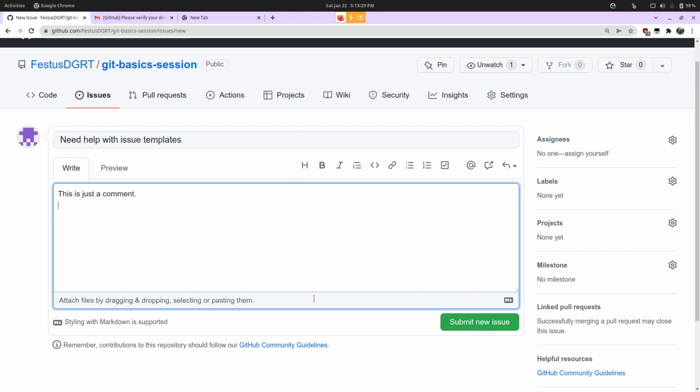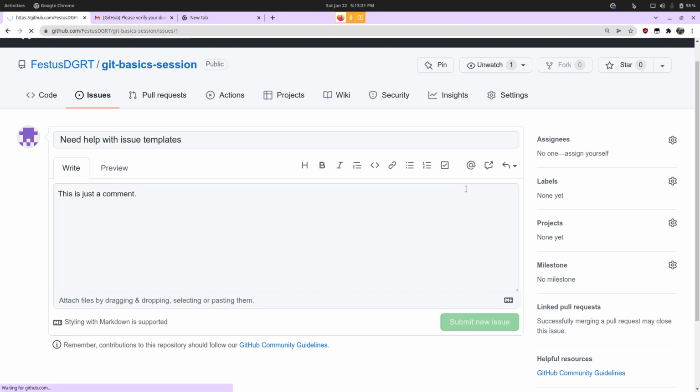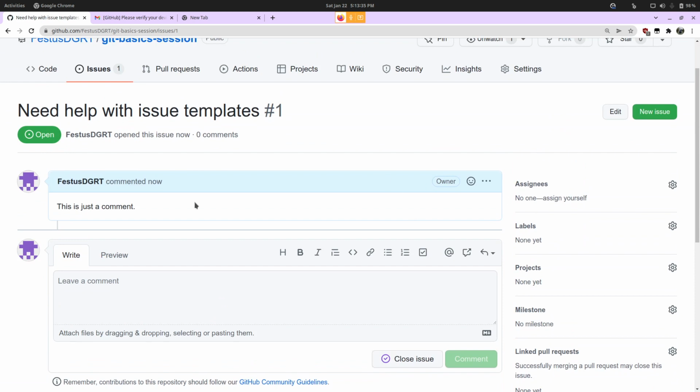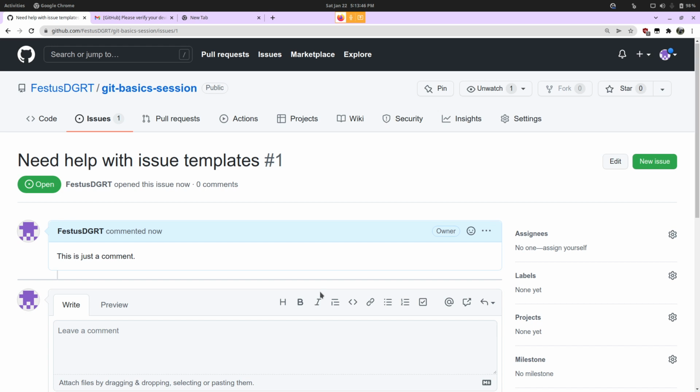Once you have filled all this stuff, you can just submit the new issue, and this is how it will look. In the comment you can mention the issue that you're facing and what you're expecting. That's one use case of having issues. Another use case is, let's say,